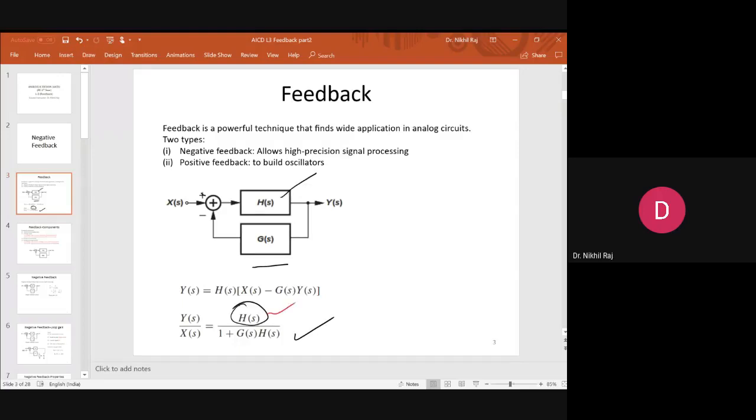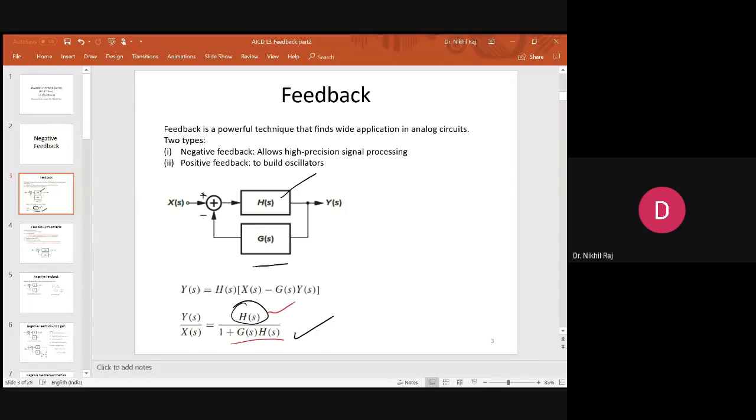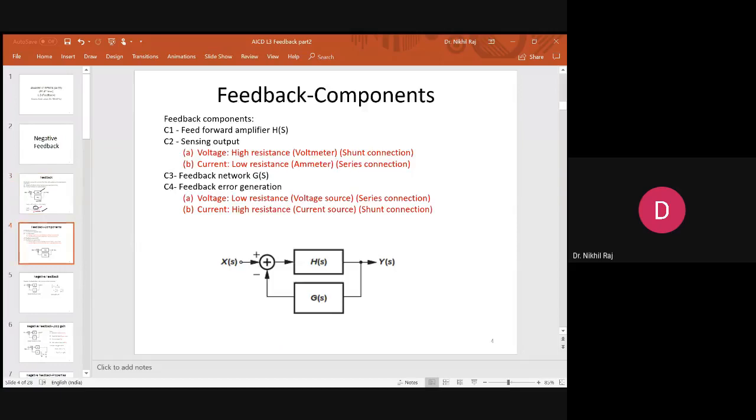So this was your open loop gain, and this was the denominator which was reducing the feed forward gain of the amplifier. Then coming to any simple amplifier, this is your common source amplifier. Okay, like here V in was given and here V out was taken. This was your RD and this was your VDD.